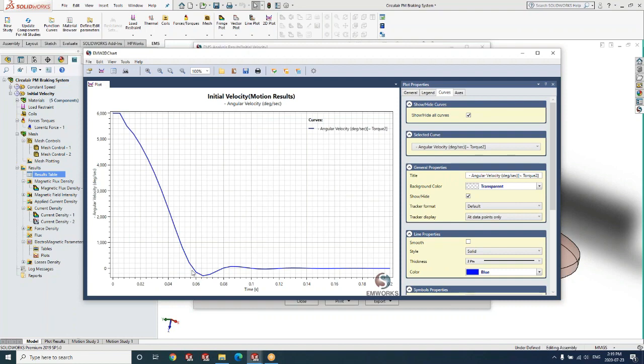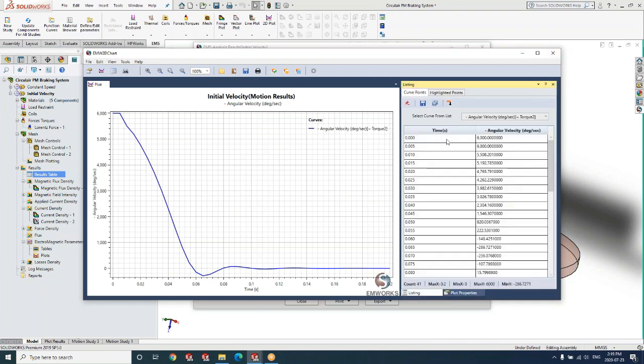And you can see how effective this is when compared to your operating specs or your requirements for this product. So EMS helps you to get the time needed for your disk to stop. Now these values are available, and they can be exported as a text file or an Excel file for further processing.